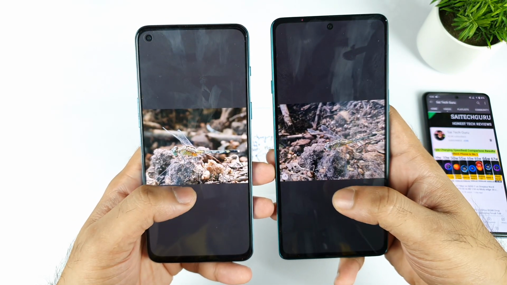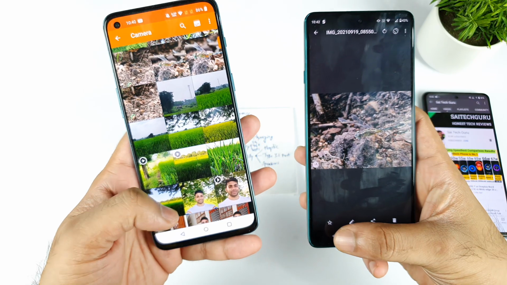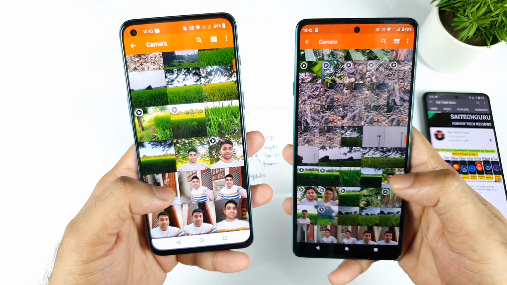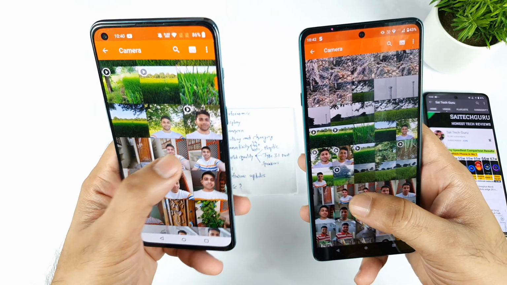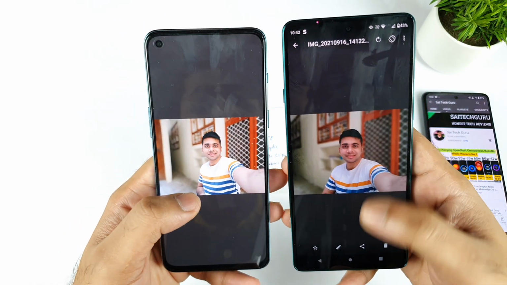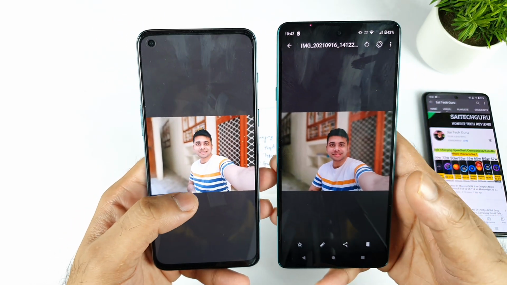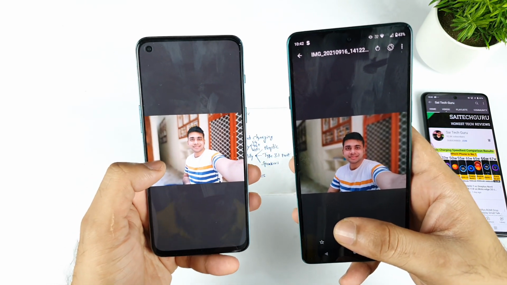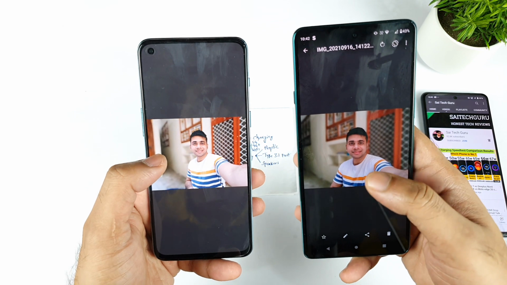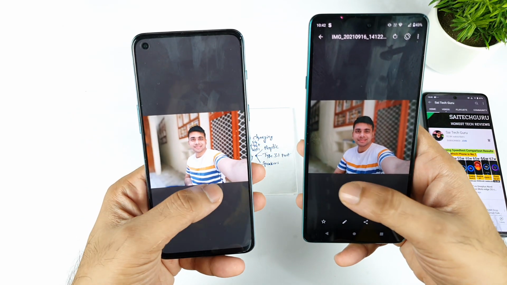Not bad. So the only change is the OnePlus Nord 2 has a slightly whitish front cam color. Sometimes it doesn't show exactly true colors. Sometimes it shows a kind of white layer on the face. That's one thing which I did not like. And the front cam is slightly wide on the OnePlus Nord 2, whereas it's not that wide, it's kind of zoomed up, in the Moto H20.